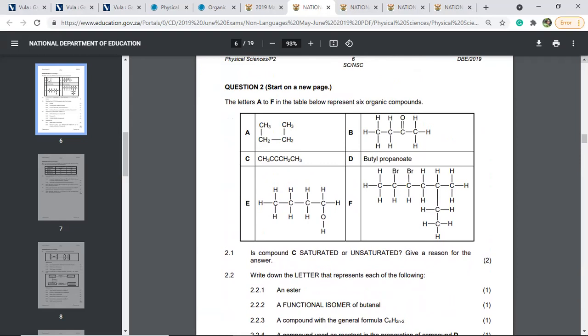So what we are looking at here is the reaction of the compound A with oxygen to produce water, and it also produces an oxide. That's combustion. So written that down. Okay, that's 2.4.2. It's asking for the combustion of this